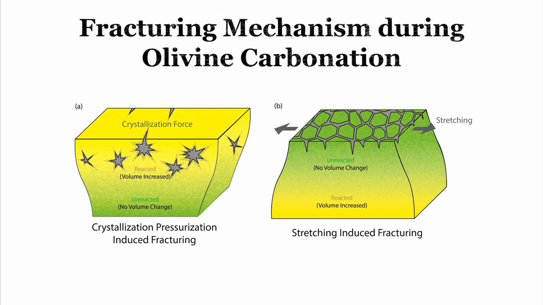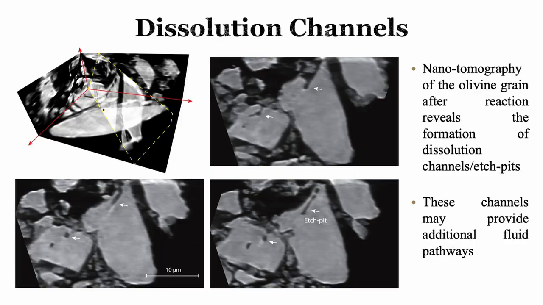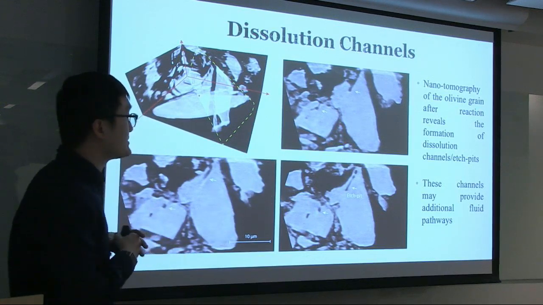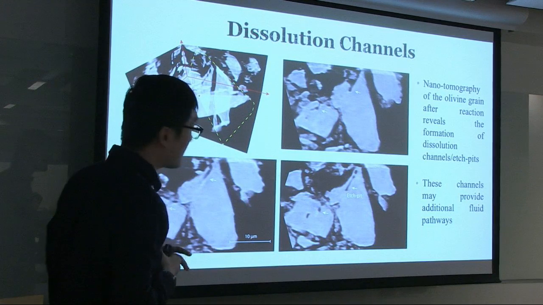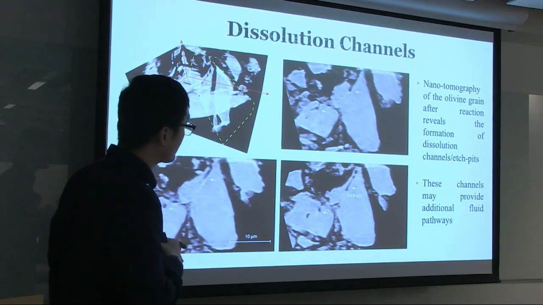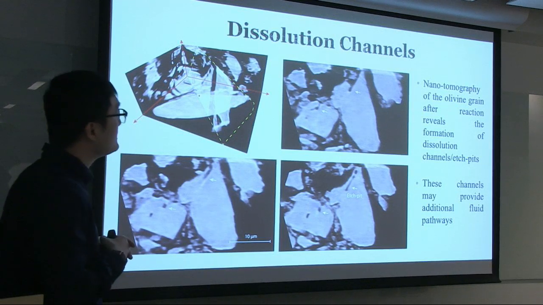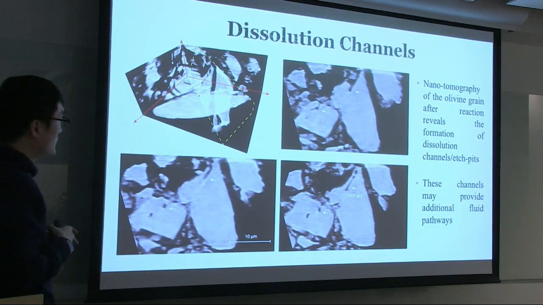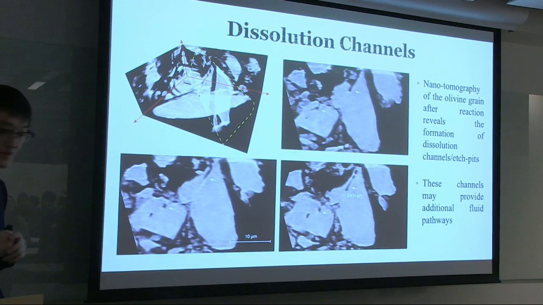But apart from fracture, we also quite frequently mention the dissolution. Does that help in generating fresh reaction surface? After the reaction, we take out the piece from the cup wall and then did a nanotomography analysis. That shows the different values, where the brighter phase will be the magnesite precipitation, these large grains are the olivine, while the pores are dark. And here from the nanotomography, we see the formation of dissolution channels on the surface, sometimes also known as edge pits. So we think these channels could also provide additional fluid pathways